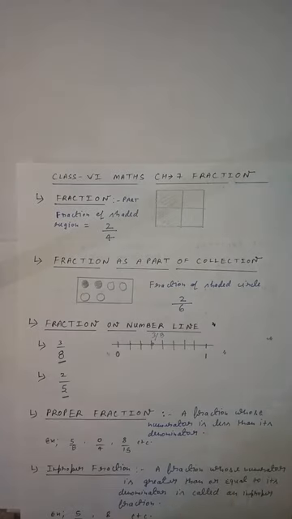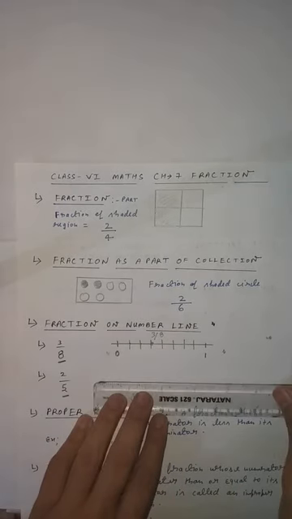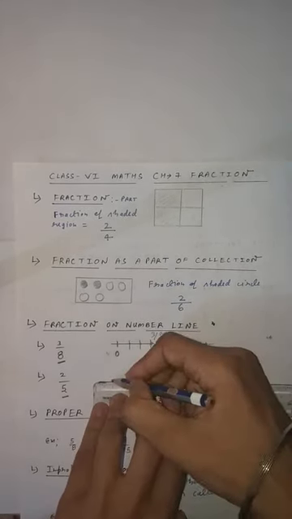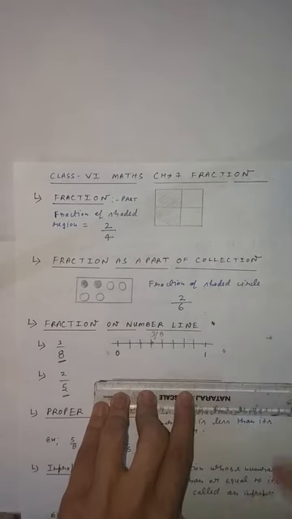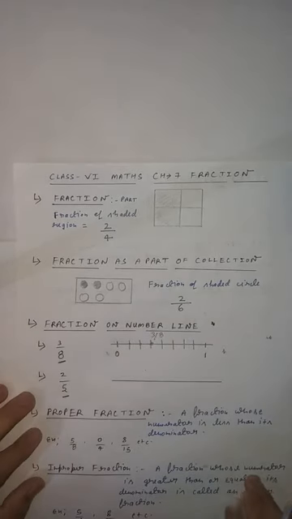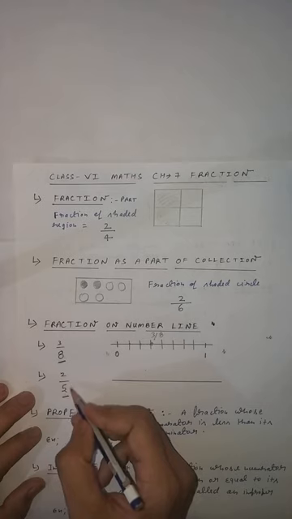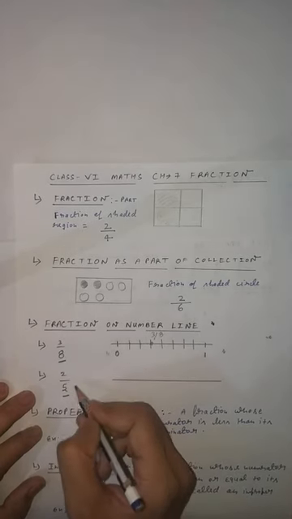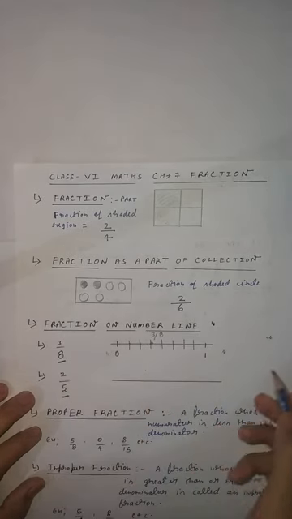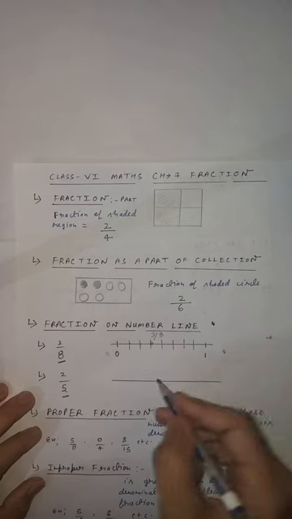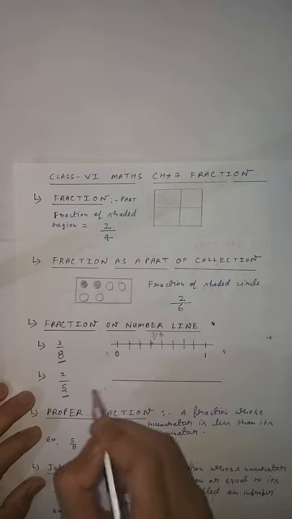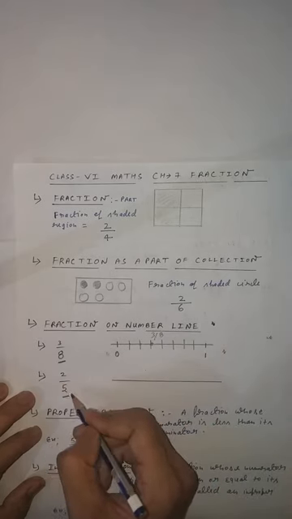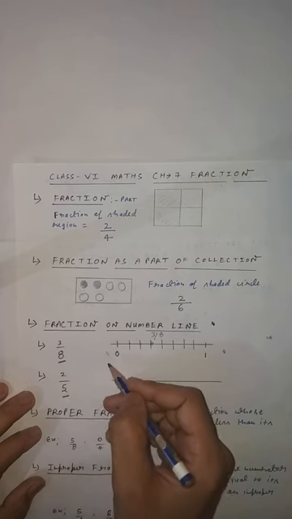Another question, 2 by 5. Same pattern you will do. First we will draw a number line. Number line you draw. Clear? Now next, again you have to check the number line between which two integers. Again you will roughly divide in your mind. There is no need to do the proper division. Only you have to do it in your mind. 2 upon 5 is given. It means this is near about 0.4.